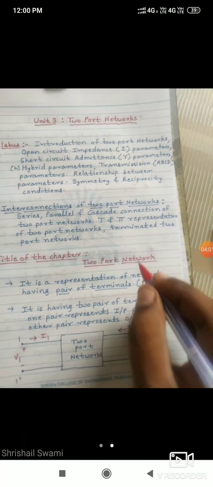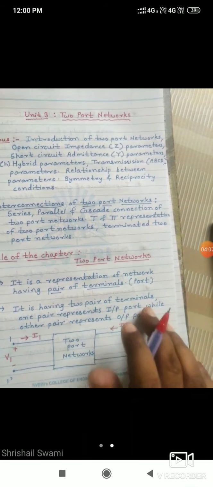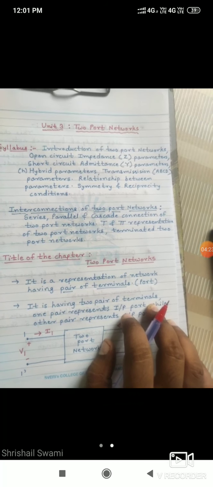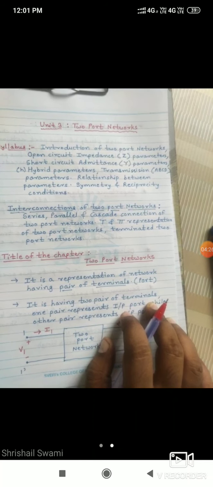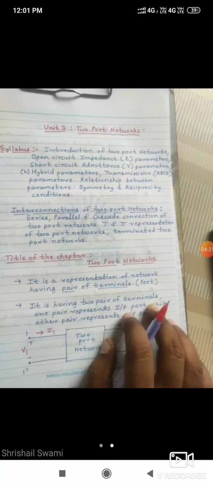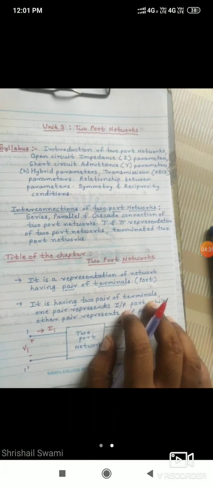So what do you mean by port? Already we know the meaning of network. What is a network? First of all, we can understand the circuit. A circuit is nothing but one in which components and sources are connected. If a number of circuits are connected as one, that is called what? A network. I will give an example: suppose one room, you can consider one room. It may be a bedroom, a kitchen, a hall, whatever it may be, but it is a single circuit. If you compare a room with a circuit, we can say a room is like a circuit.